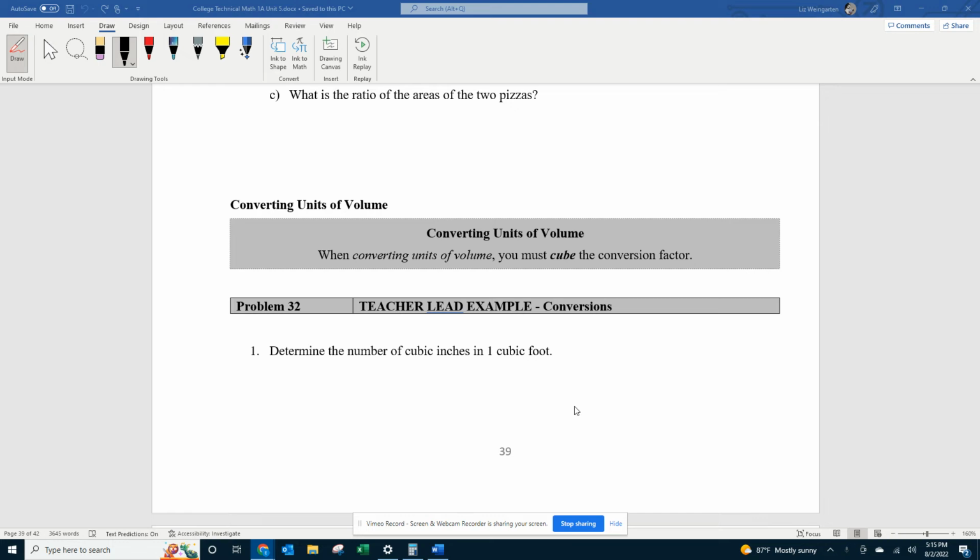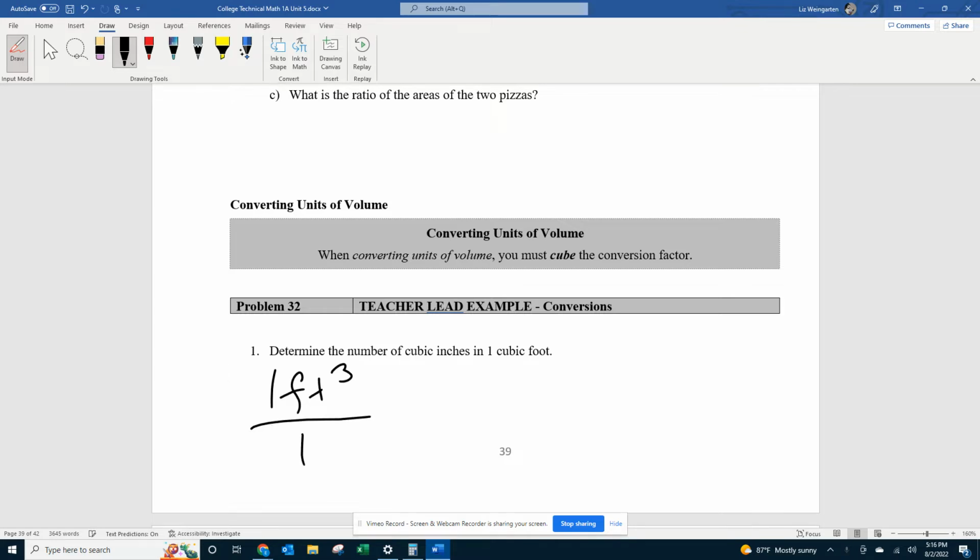We'll be looking at converting units of volume instead of units of area. This is going to be very similar to the last video, except we are going to be cubing our conversions instead of squaring them. So the first thing we're going to do is determine the number of cubic inches in 1 cubic foot. So we're going to start with 1 cubic foot